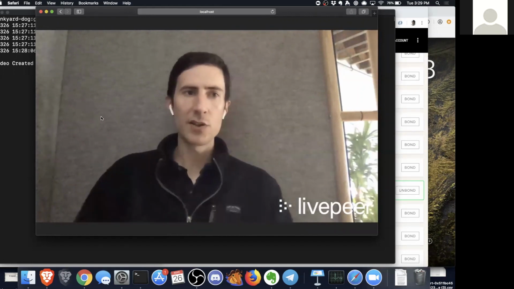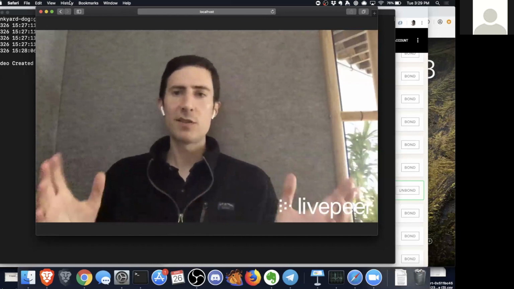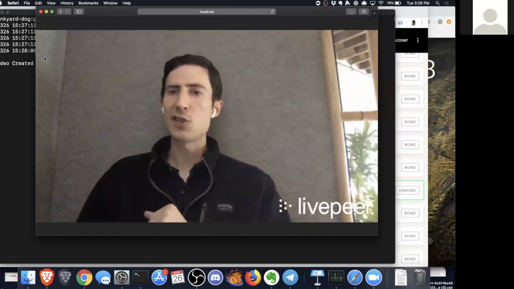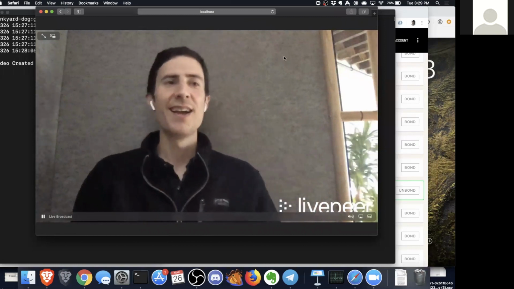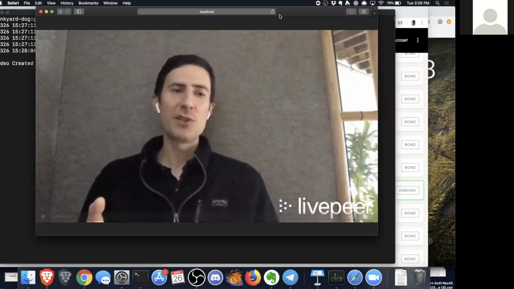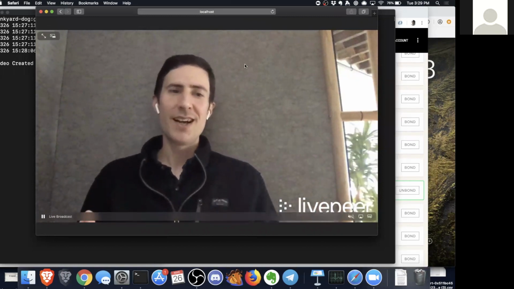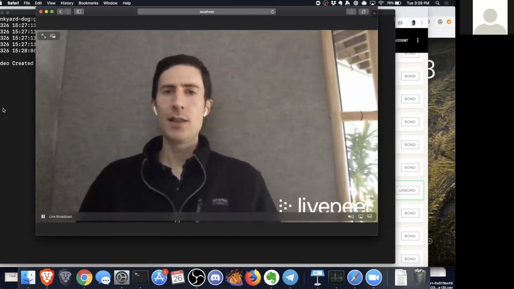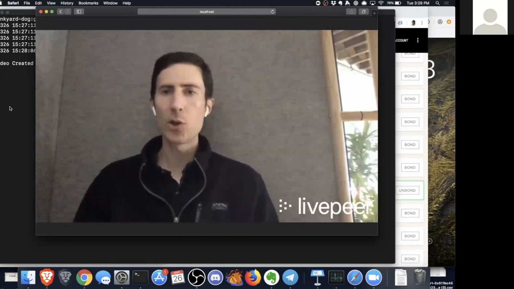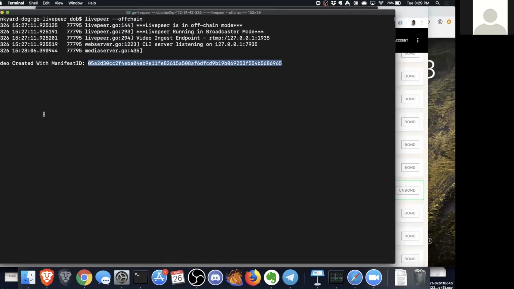And so that's just a quick start of how you would build a video-enabled application. If you wanted to actually use the network for transcoding, you would run it in on-chain mode instead of off-chain mode. You would fund it with some Ether, and then you would have your player be able to use the adaptive bitrate playlist that gets constructed. And that's the short version.